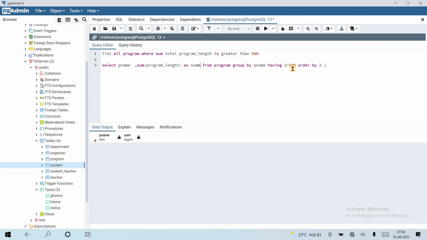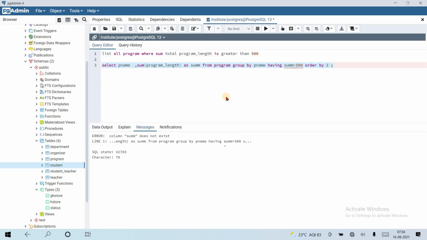Check sum. Can we use a column alias? No, because of the order of execution. It didn't understand what sum is, since select is executed after the having clause. That's it. So we need to use sum of program length directly and fully. Okay, let's see next.